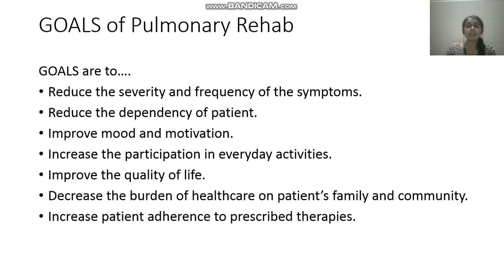Then reduce the dependency of the patient. Dependency on what? This you have to fill in according to the case you get during your exams. Dependency on smoking, dependency on alcohol, dependency on other kinds of drugs or whatever dependency he's having, as well as dependency on family members to carry out his day-to-day activities. Improve the mood and motivation of the patient, increase the participation of the patient in daily activities, improve the quality of life. All this you will do will improve the quality of life of the patient. Decrease the burden of healthcare on the patient's family as well as the community. Healthcare is kind of expensive,